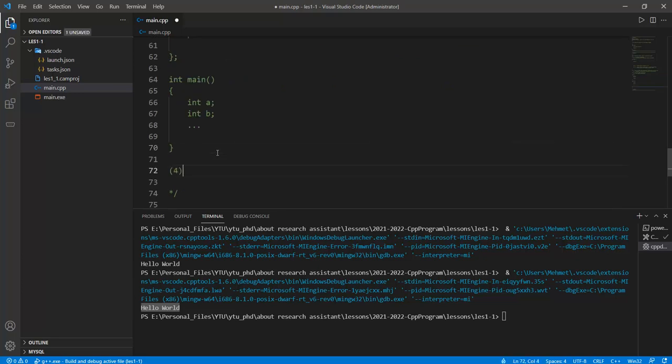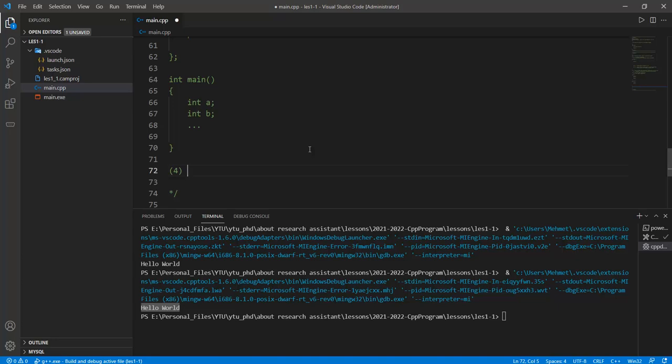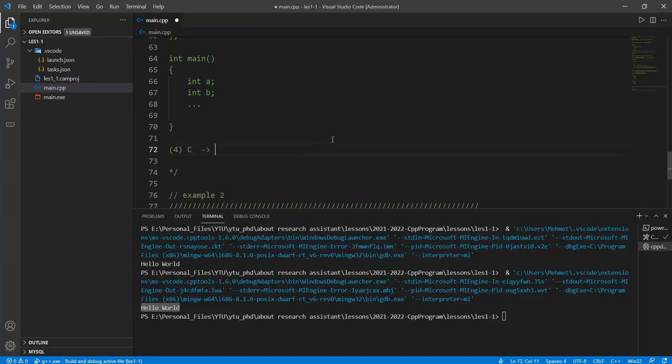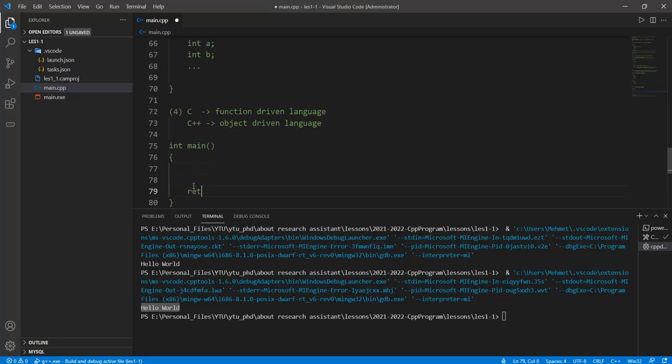And so the other difference between the C and C++ programming languages: C is a function driven language, but C++ is an object driven language. What does it mean? For example, if you are using the int main function in here like this one, return 0 value, and so in your code,